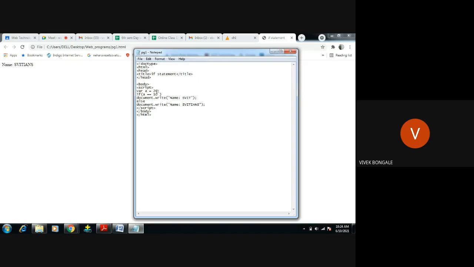Now I want to give the value in the browser through a prompt. Yesterday we saw the alert message, right? If you click on that rectangular box, we get that pop-up message, then that particular part will execute and display the result in the browser. The same thing we're going to do here. We'll not use alert, we use prompt. Prompt means it will ask for input from the user.